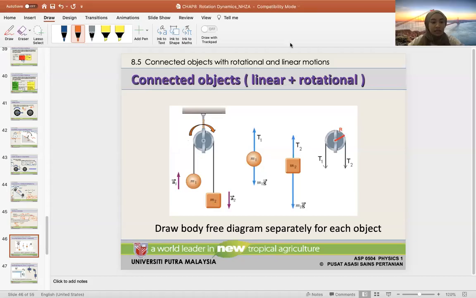Okay, so this is the last part of chapter 8. We are doing connected objects where we have linear motion and also rotational motion. Last time in chapter 3, we learned about free body diagrams, right? And we learned that for a pulley system,